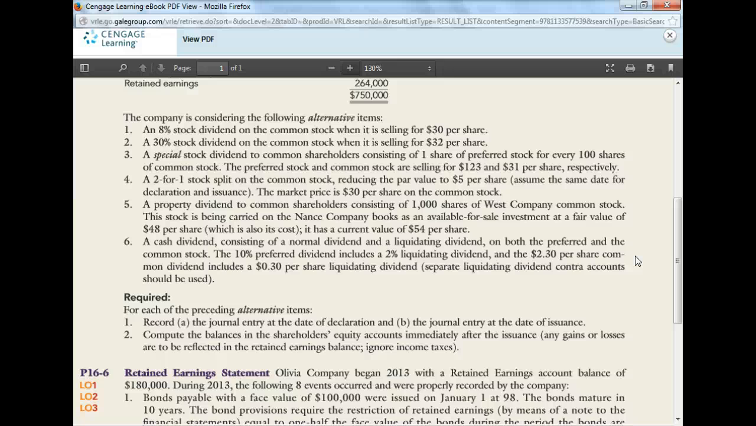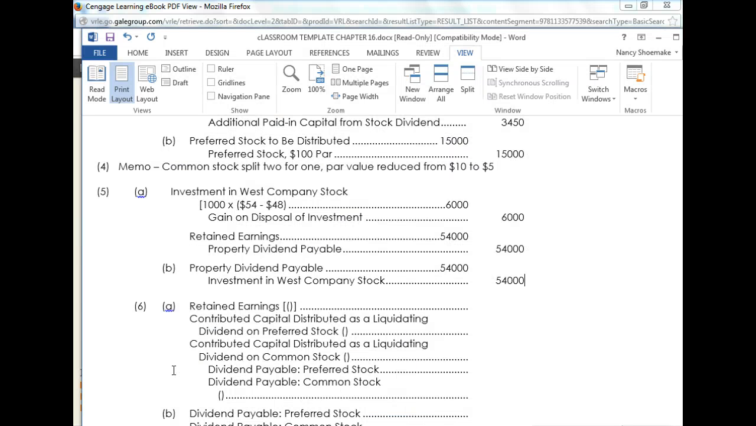So we're issuing a cash dividend. We're going to have a normal dividend and a liquidating dividend. So the preferred 10% includes a 2% liquidating dividend, and the $2.30 per share common dividend includes a 30-cent per share liquidating dividend. So basically what we're going to do here on the dividends, with retained earnings, we're going to start